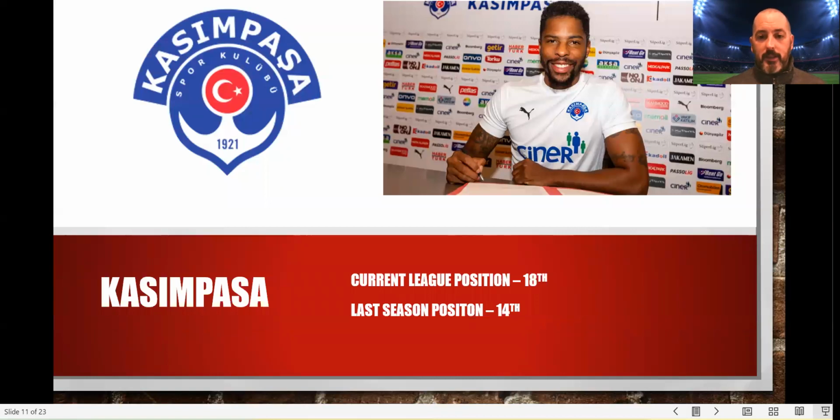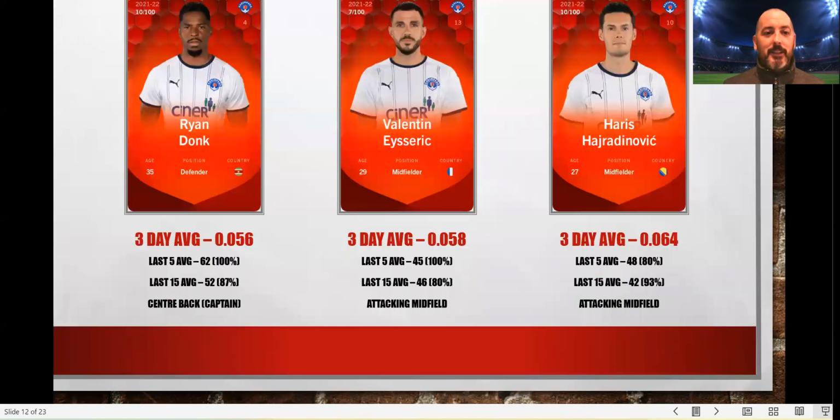Kasim Pasa, our next club. They are currently 18th in the league, so they're in the bottom 4 and in danger of relegation at the moment. Last season, they finished 14th. The man in the picture, Ryan Donk, I've been delighted to have picked him up. There's no truth to the rumour that I'm signing his contract at the club, but it is with Kasim Pasa. So he was the first card to put in there. The reason being,